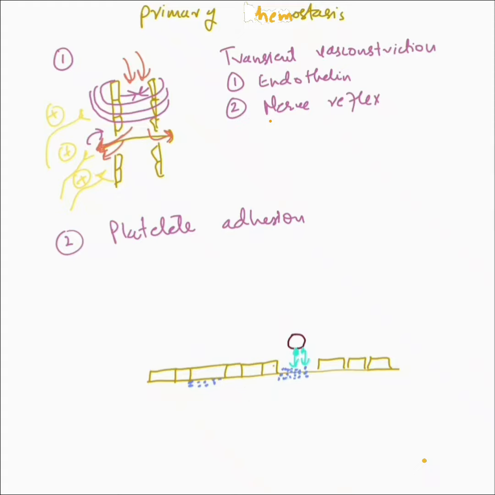So the vessel is damaged, von Willebrand factor is exposed, and von Willebrand factor binds to GP1B, and GP1B receptors are present on the platelet. So this is platelet adhesion. After platelet adhesion comes the third step, which involves another component of the blood, and that is fibrinogen. In the blood we have fibrinogen, and on top of the platelets there is another set of receptors, and these are called